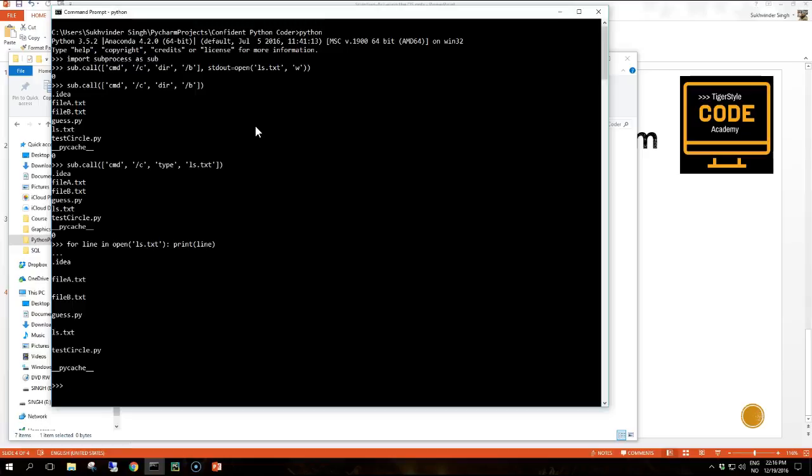After importing subprocess with the alias sub in the first line, it just saves some typing later to call it by the alias sub. And we call sub.call for the first time with the argument cmd /c dir /b for Windows. The first line I'll explain in a minute. The second line, this one that listed all the files,